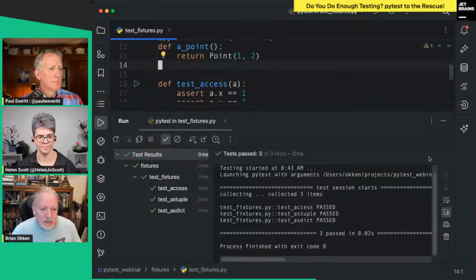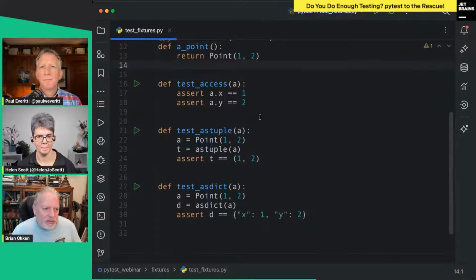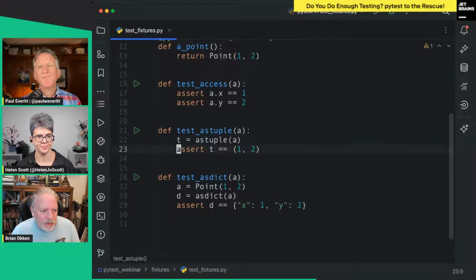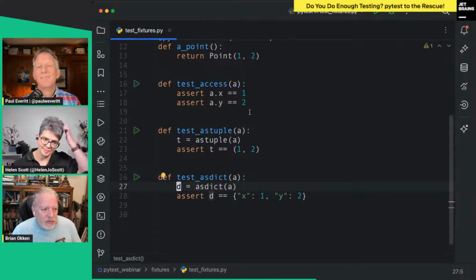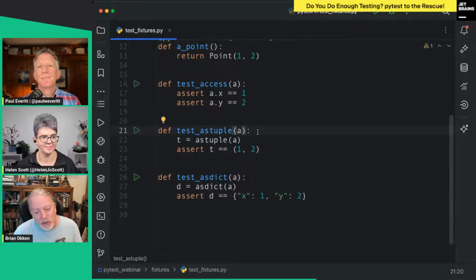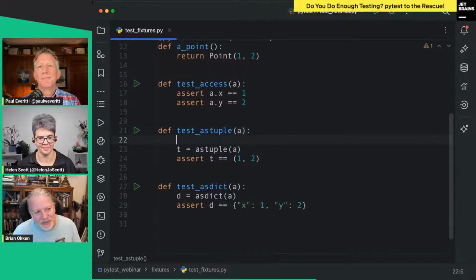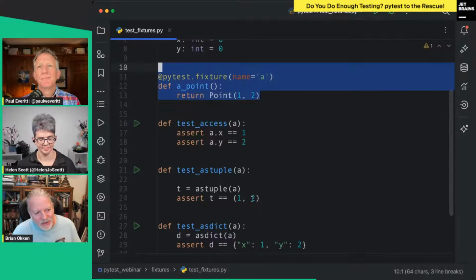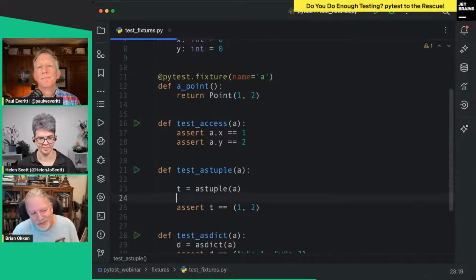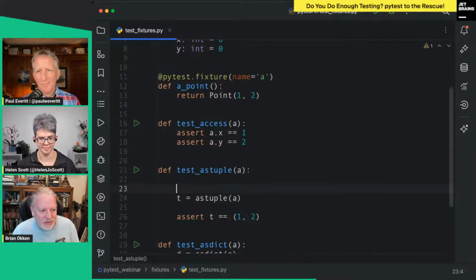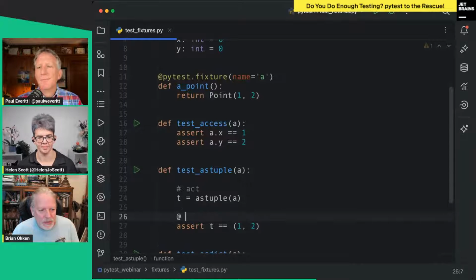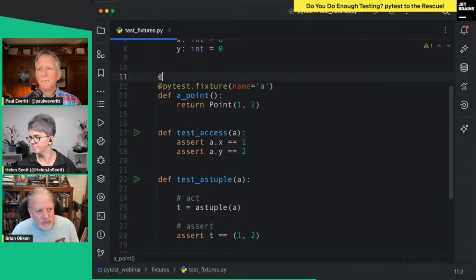And now we can just use move. We moved. Oh, we just still have the point. We overrode it. We want to take those out. No, these are better examples that I should have used. The arrange part is in the fixture. The action is as tuple, and the assert is this assert clause. So we've moved act, and we put all the arrange up in the fixture. Neat.